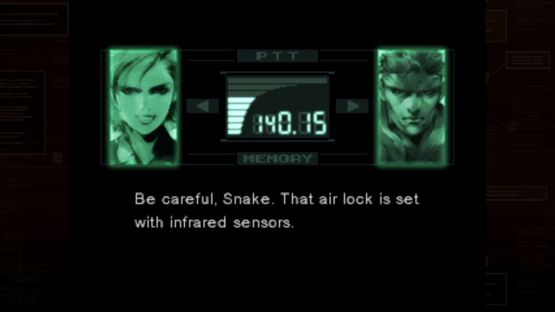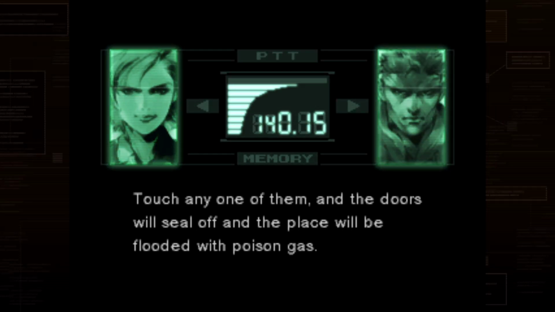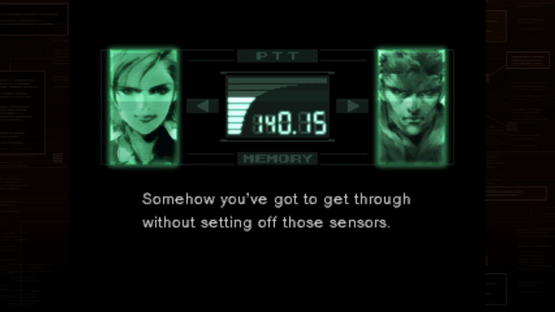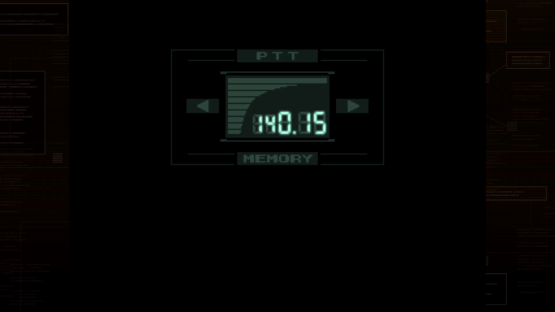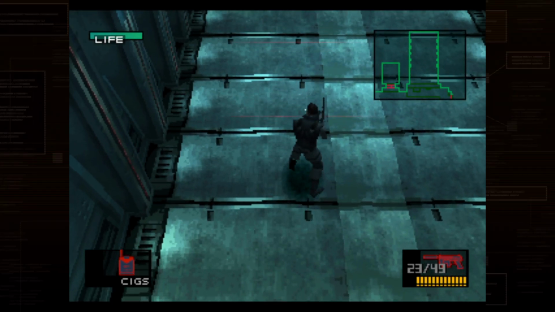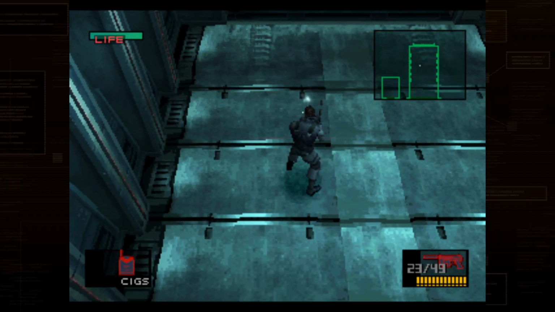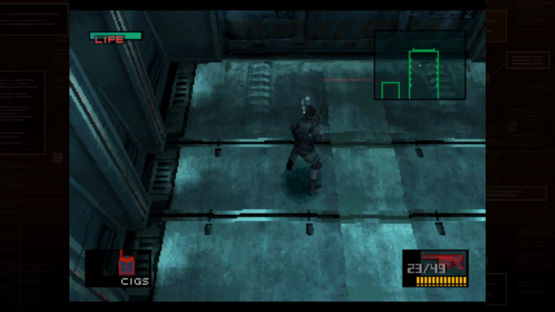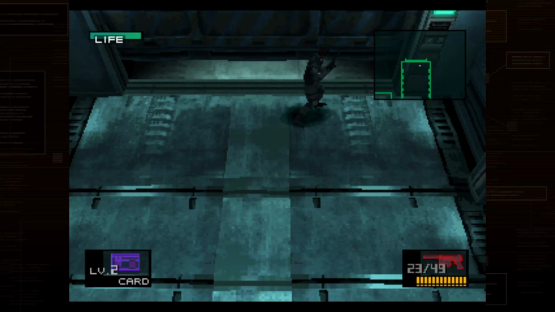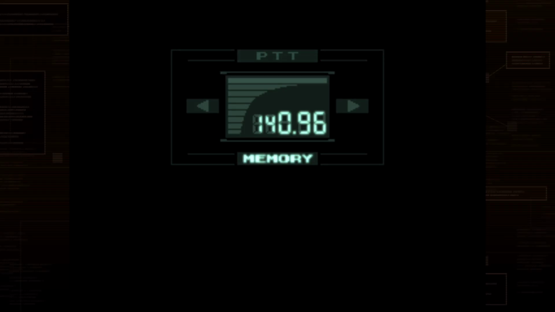Careful, Snake. That airlock is set with infrared sensors. You probably can't see them with your naked eyes, but there are infrared beams coming out of that wall. Touch any one of them, and the doors will seal off, and the place will be flooded with poison gas. Somehow, you've got to get through without setting off those sensors. What can I do for...